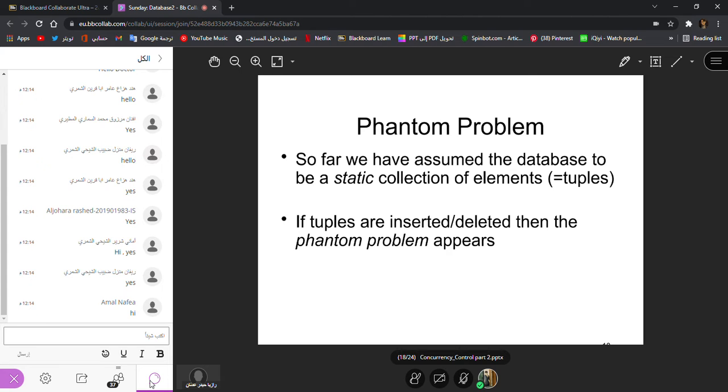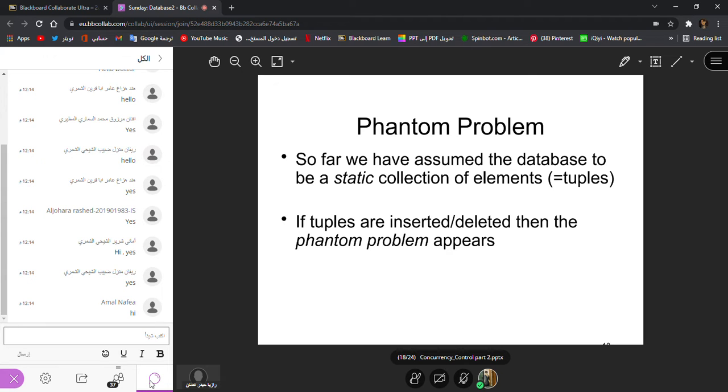But how does this phantom come and go in the database? Obviously we don't have jinn in the database, but they are using this terminology because in a database there are times when some tuples or some fields are visible, and at other times they are invisible. So that is known as the phantom problem, and this can occur while multiple transactions are working, right?